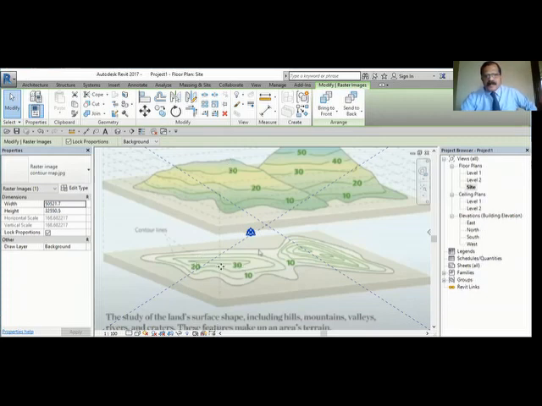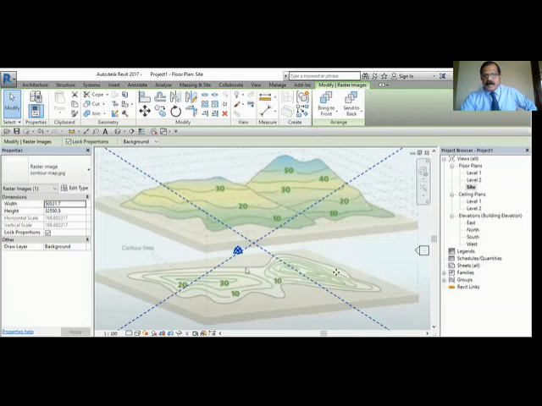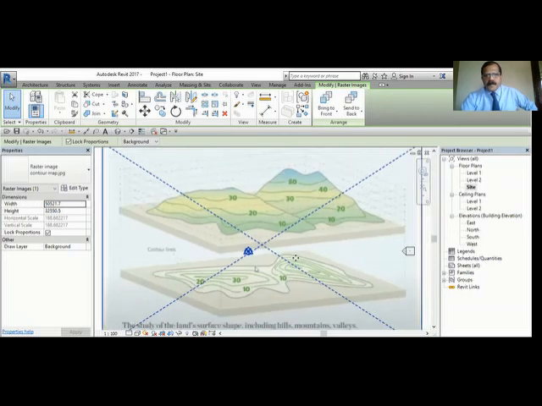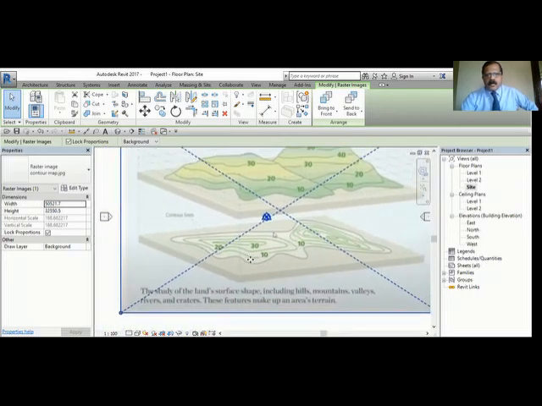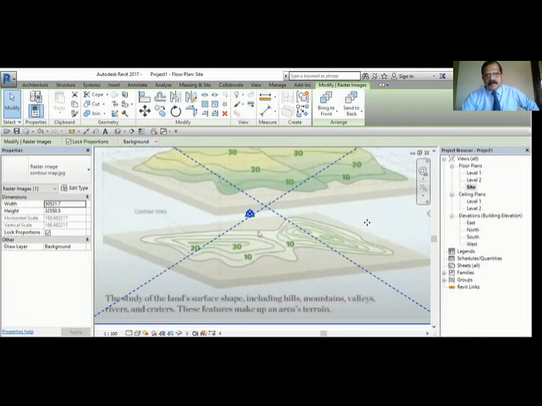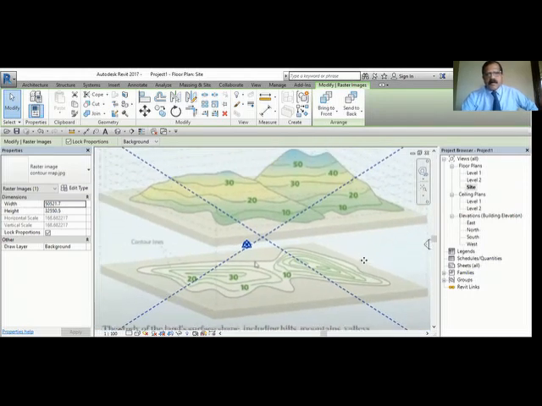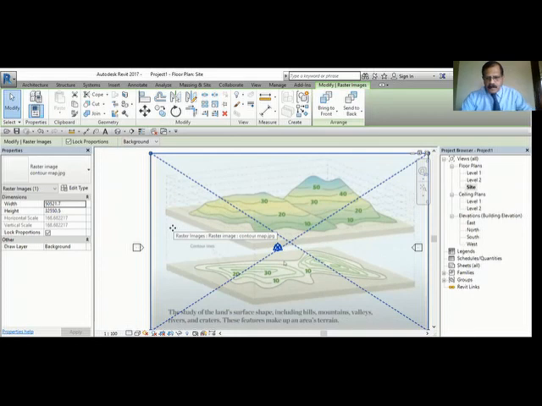So this shows that there is a hill there, and you can see the hill. At the same time, here also, you can see there are a lot of contours, and you get a hill there. So you require contours to create a topo surface, or you can have the elevation of points. If you have the elevation, then you can draw the topo surface. Okay, so let me delete this and we'll start from the beginning.